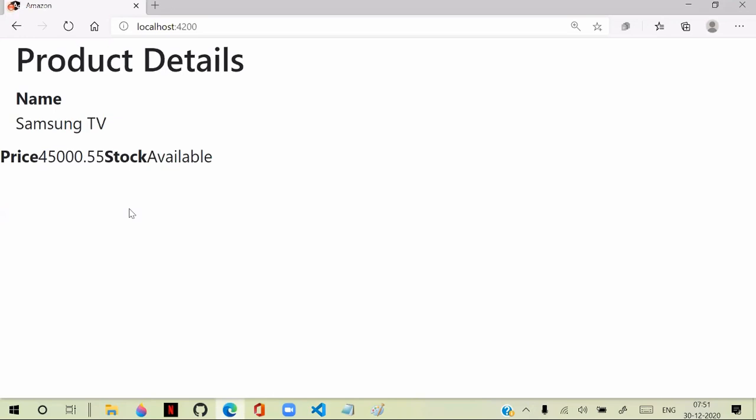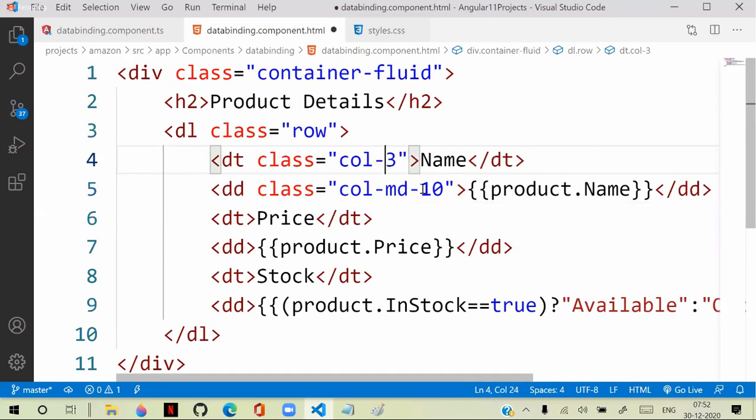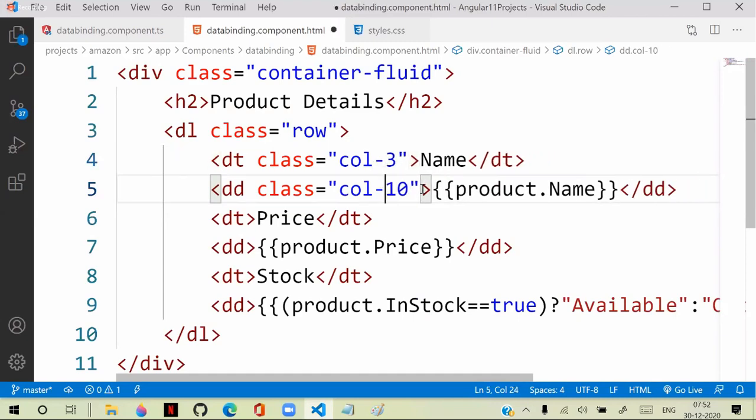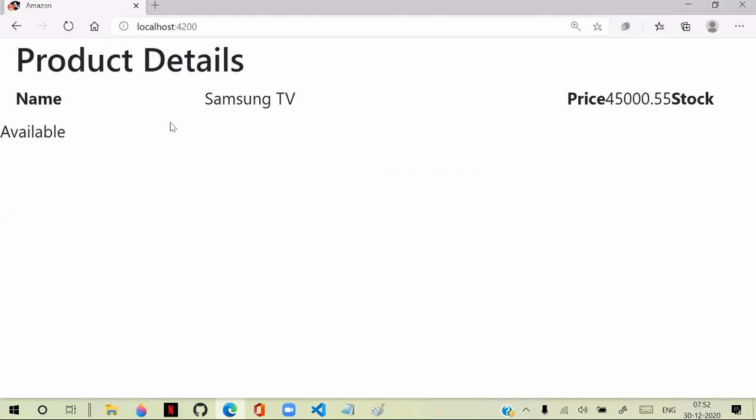So we are defining a row, which means we are arranging the content. Suppose we define this as col-3, and this as col-6, some 6 columns. How many columns it should occupy, we can display like this. And similarly,